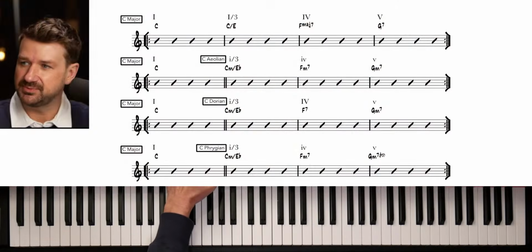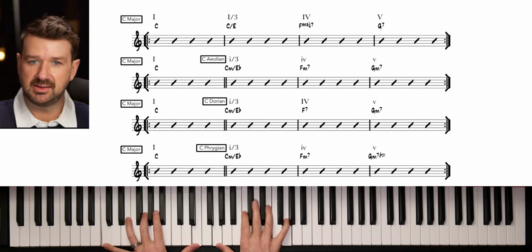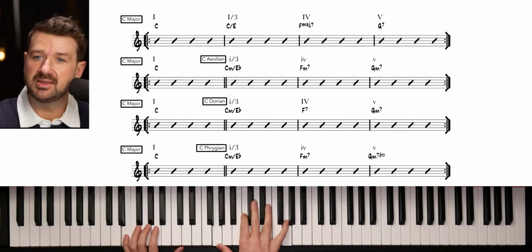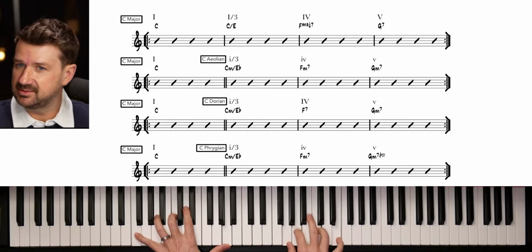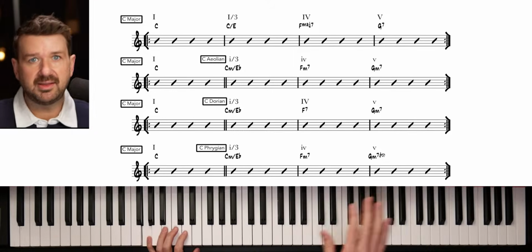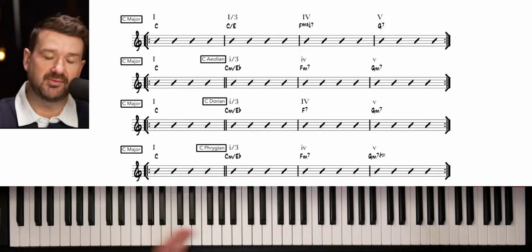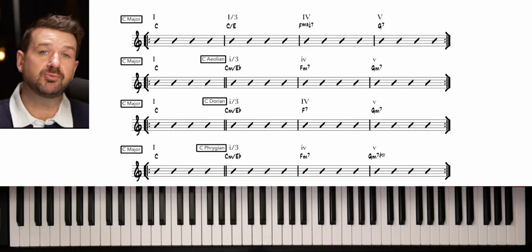Let's look at what we're talking about technically when we talk about modal interchange. So here we have a basic chord progression in the key of C, right? This is just the root C, and then we have the 1 over the 3. This is just an inversion with the E in the bass. We have an F major, and I'm going to use some 7th chords on this. Got my beautiful Rhodes sound. Then we have the 5 chord G. Right, this is all in the key of C, just a 1, the 1 with a 3rd in the bass, the 4 chord, and the 5. Very, very simple.